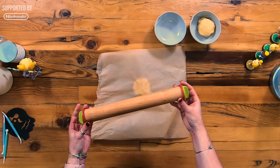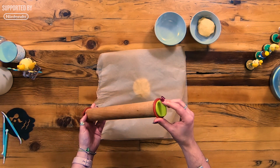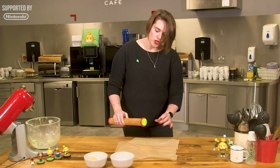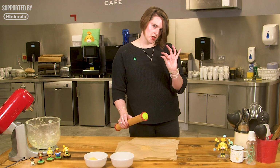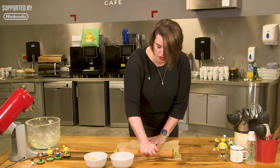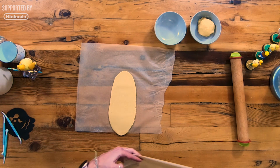And then I've got a rolling pin that has the measurements on the side, so I know that this is 0.5 centimeters ready to go. But if not, you want it about the width of a pound coin or 2 dimes stuck on top of each other. So it's quite a sticky dough, which is why you want the greaseproof paper on the top. Once you've got your basic shape,